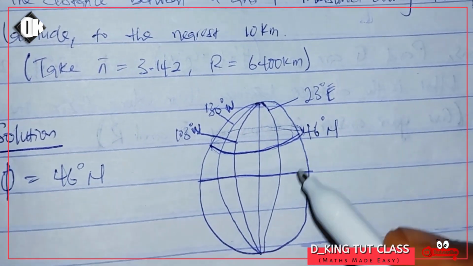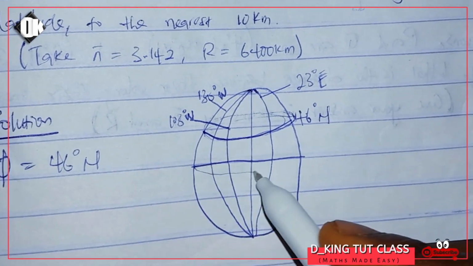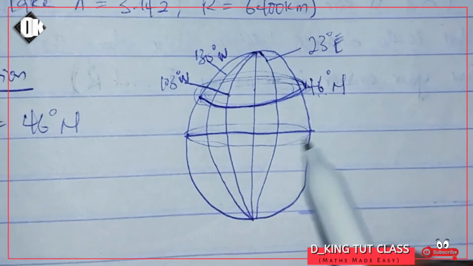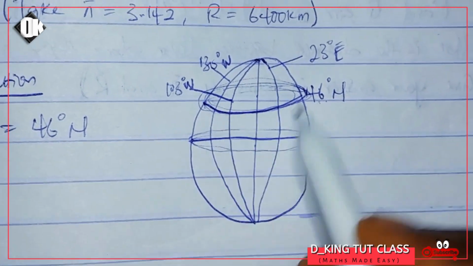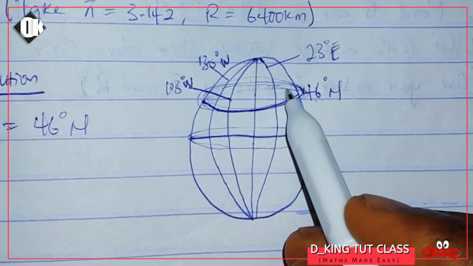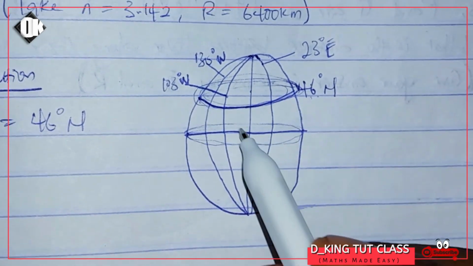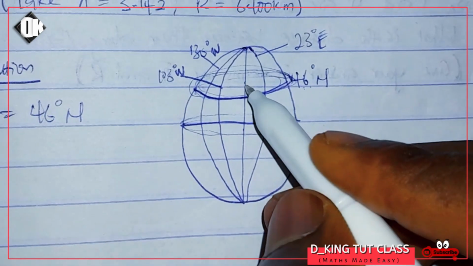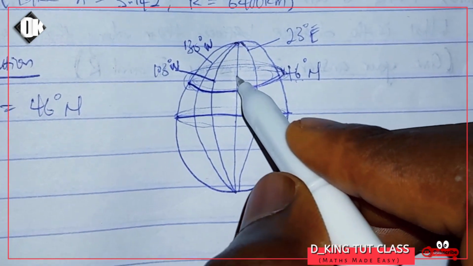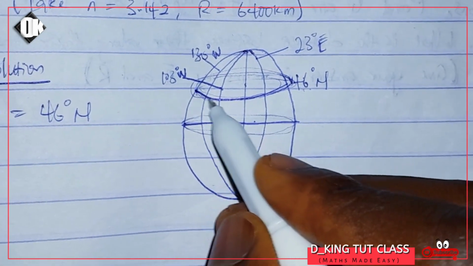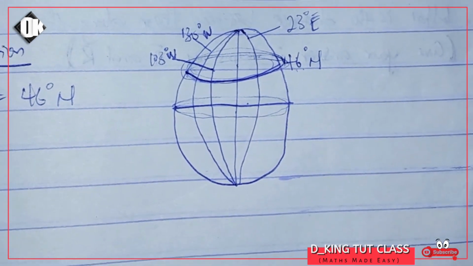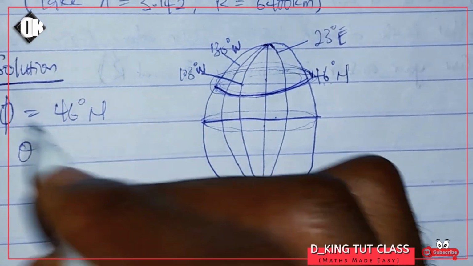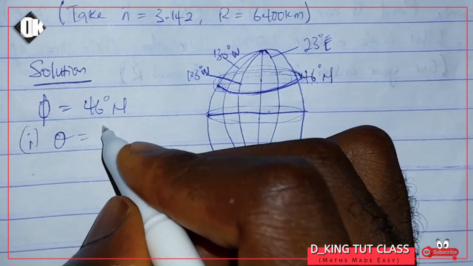Now if I calculate that for my equator, that one will be 0 by default. So it means my theta here will be 0 for this case. So if my theta is 0 for my equator, automatically my theta here will be 360. Why? Because any line of latitude outside my equator, by default, has the value of theta as 360. This line of latitude is located at 46 degrees north. Okay. So it means my theta here, for this first case, is